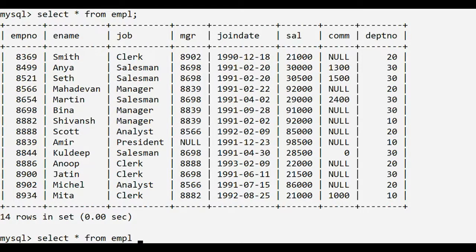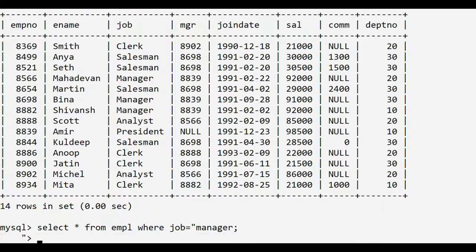After the table name, we write the where clause, where, and now we write the condition. The job should be equal to manager. So we write job equal to manager. Manager is a text value, hence it should be enclosed in quotes. So we write in quotes manager. Let's see the output.